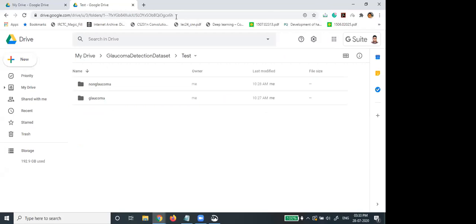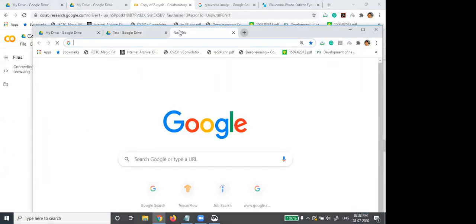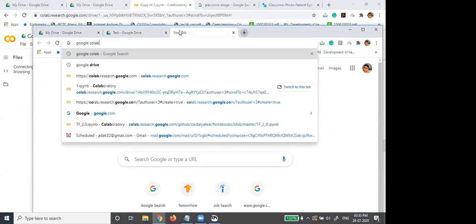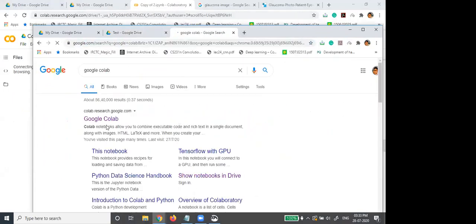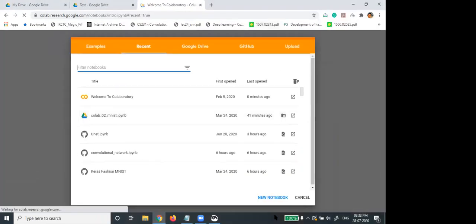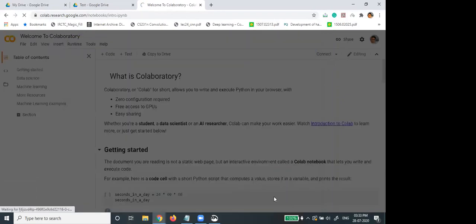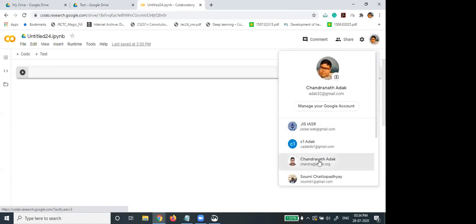Now I will open Google Colab. Those who attended yesterday's webinar know that I worked on Google Colab. Here also I open a new notebook. I have to change my user, because my drive is already full.